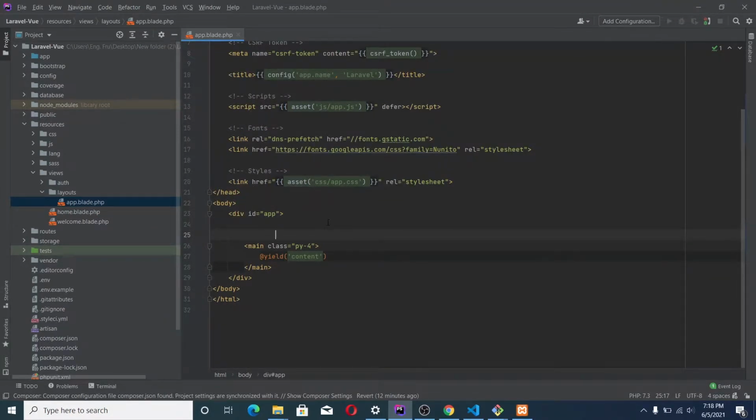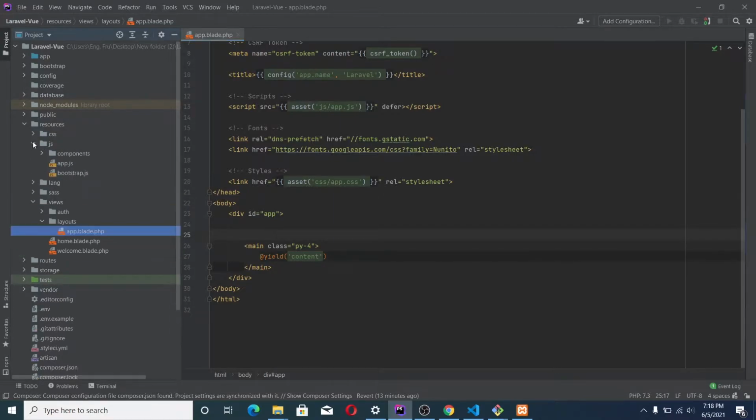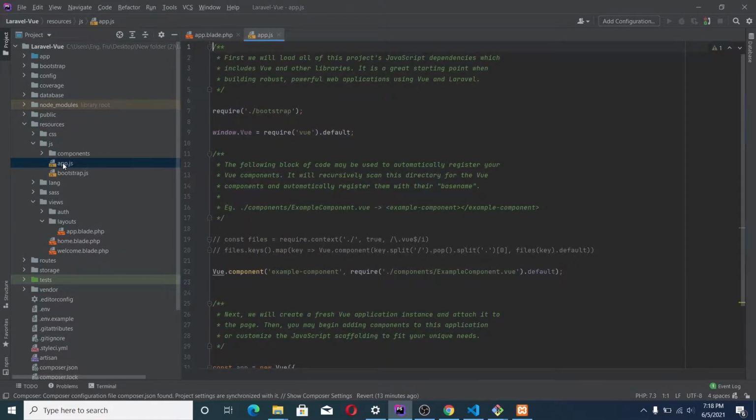Alright, so we have a div with an ID of app. The next thing I want to point out to you, open your JS folder.